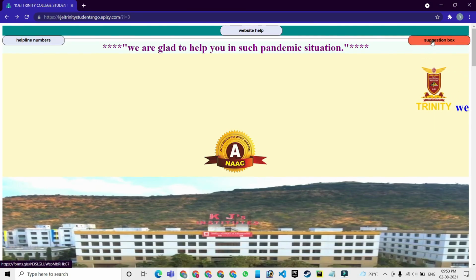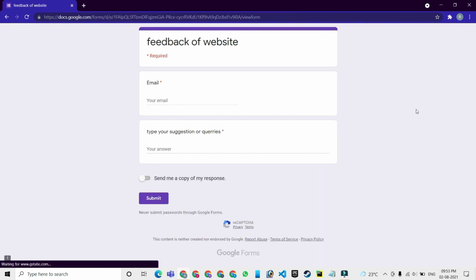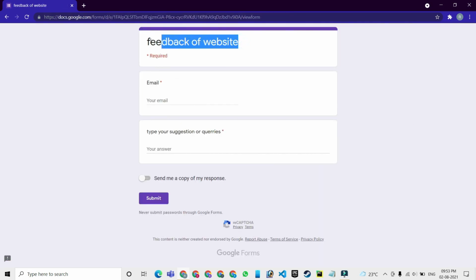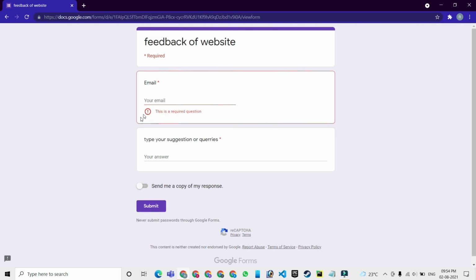Then on the top right corner of the website, you will see the suggestion box button. In the suggestion box, you can fill in feedback about the website or a complaint or issue regarding the website.